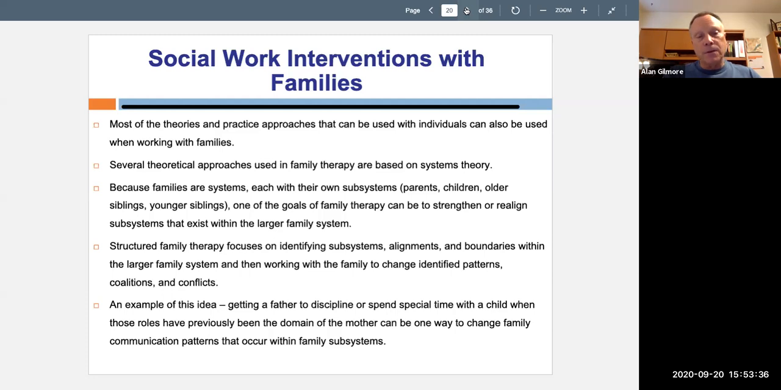Structural family therapy focuses on identifying the subsystems, the alignments, and the boundaries within the larger family system, and then working with the family to change identified patterns, coalitions, and conflicts. So here's an example. Getting a father to discipline or spend special time with a child when those roles have previously been the domain of the mother can be one way to change family communication patterns that occur within family subsystems. So maybe you've got a mom who's feeling very overwhelmed and feels like she needs more assistance with childcare,